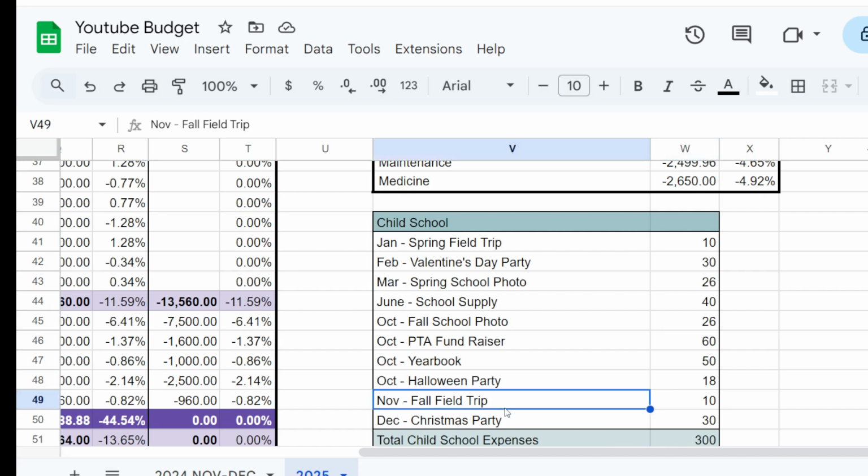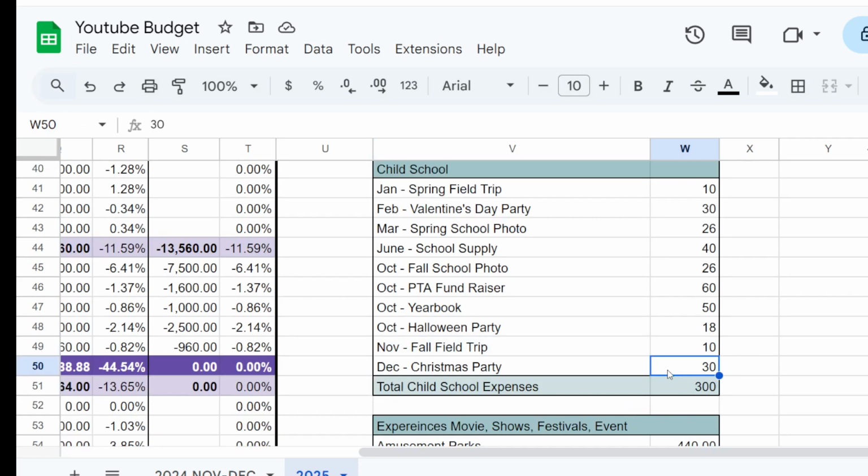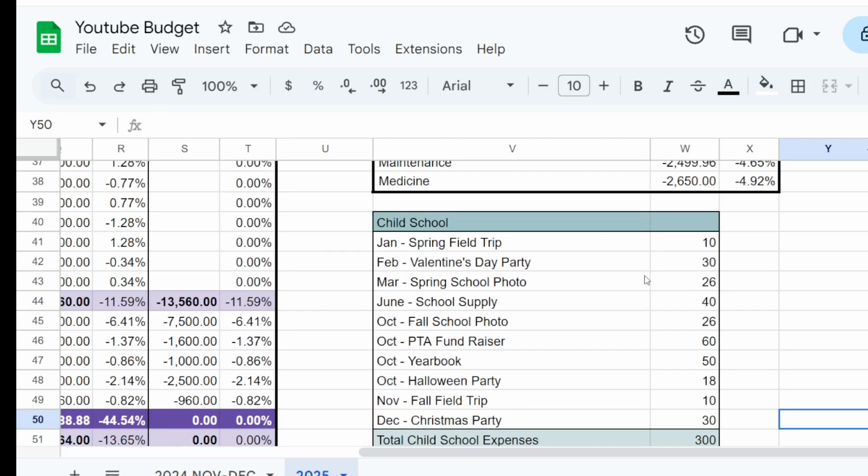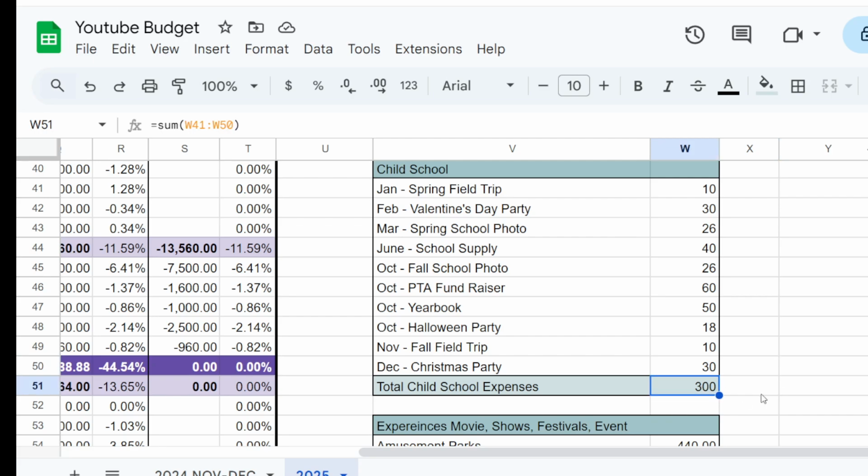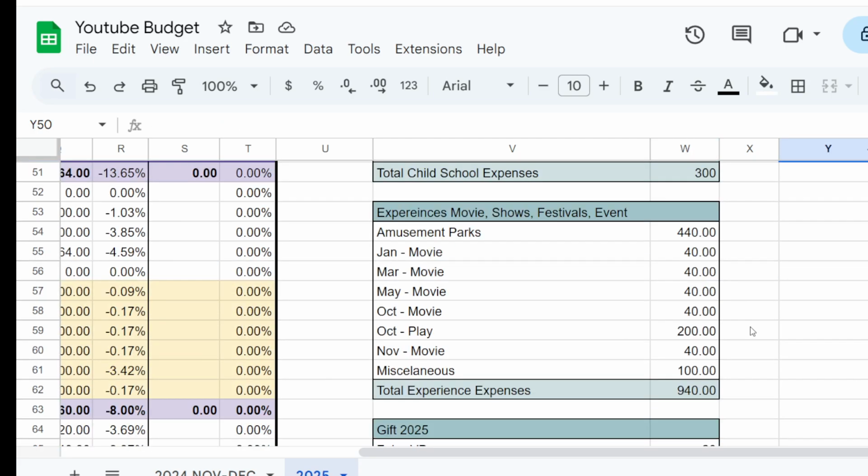There's a field trip in the fall, and I don't know exactly when it's going to be. I just threw November in there, so that's about $10. And then there's a Christmas party for $30. So all in all, school should come out to be $300. So experiences, how I got $940: amusement parks. I just threw $440 there, in case I want to buy souvenirs or the tickets and anything else that comes